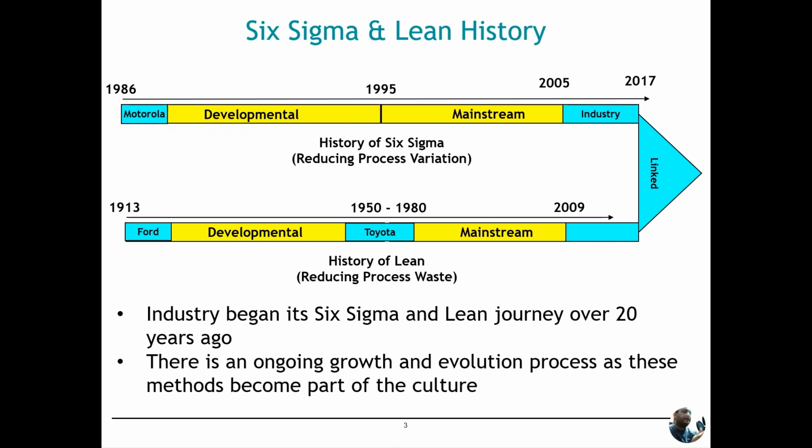On the other hand, the history of Lean is much older than that. It started in 1913 with the mass production at the Ford car manufacturing factory in the US. It was in the development stage for quite a long time. Then later on, Toyota adapted it in Japan, when after World War II they had a scarcity of resources, but they wanted to manufacture cars with a lot of quality and productivity. They further converted it into the Toyota Production System, or TPS. Around 2009, it came into the mainstream and was adopted in the industry. So today they both are linked and used together. We'll see how.